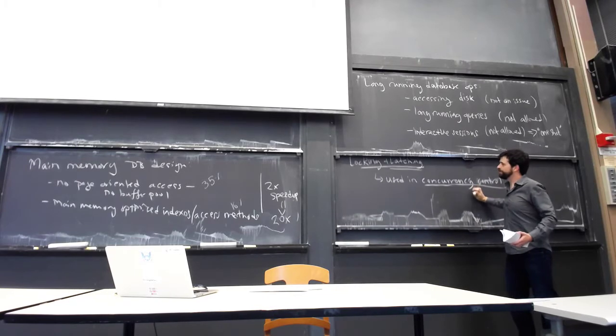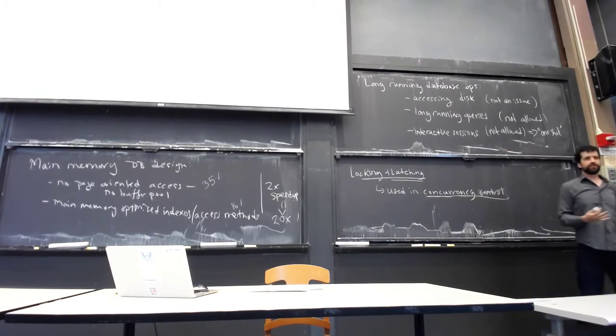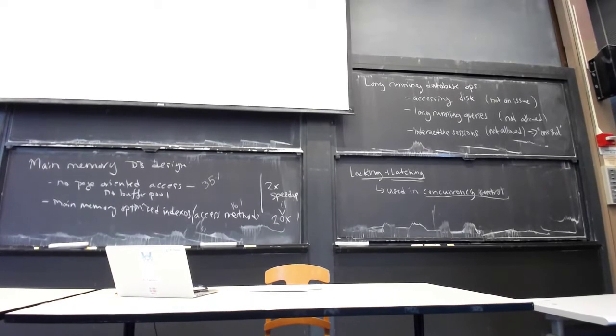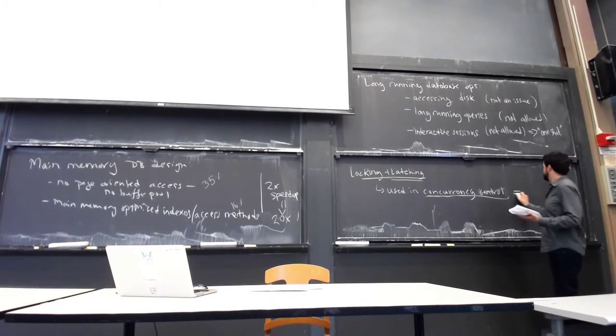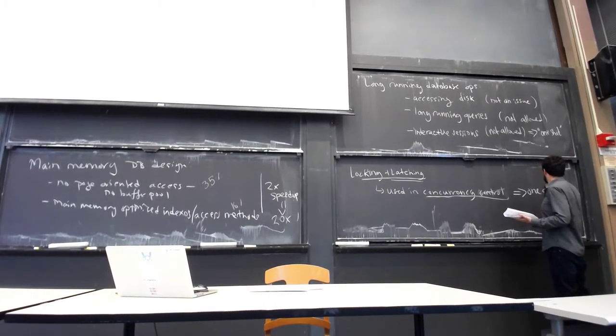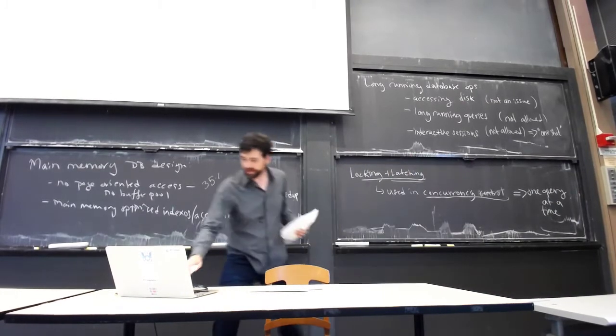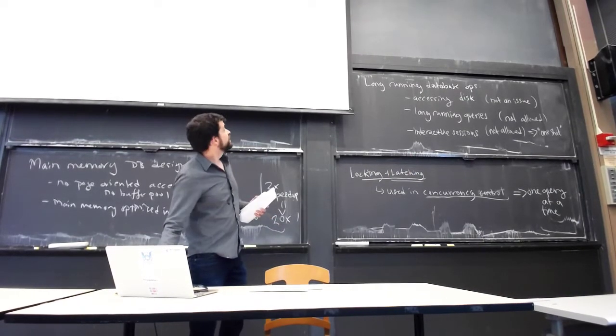Then we don't need to worry about making sure these data structures are thread safe. We don't need to worry about holding these long-running database locks. And that then will allow us maybe to get rid of these